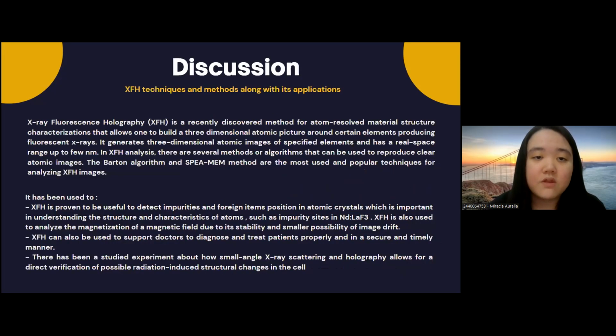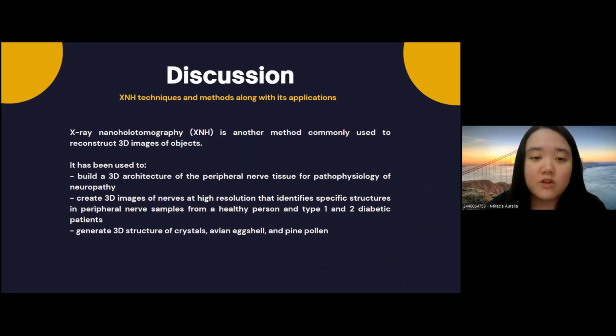Next. The next thing we will discuss is holography techniques and methods along with its applications, which is related to RQ2. The first technique we discuss is the X-ray fluorescence holography, or XFH, which allows one to build a three-dimensional atomic picture around certain elements producing fluorescent X-rays. It uses Barden algorithm and scattering pattern extraction using maximum entropy algorithm to construct 3D images. It has been used to detect impurities